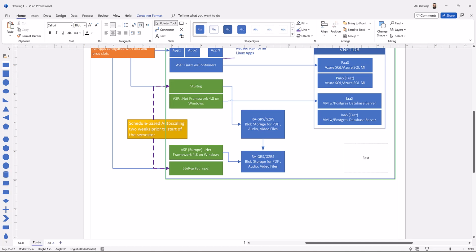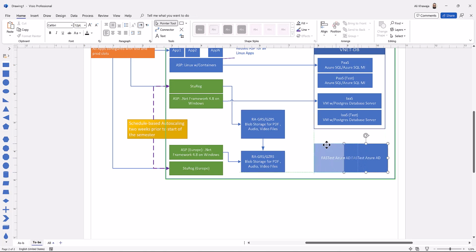What is the university? Fastest. Okay. So we have not addressed this one, and we'll do